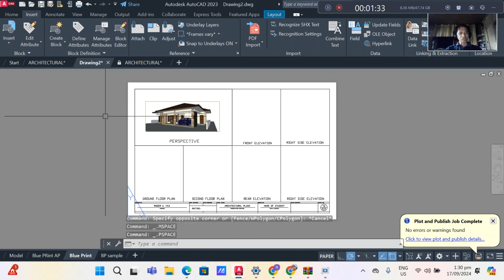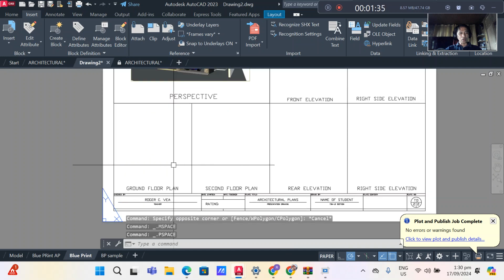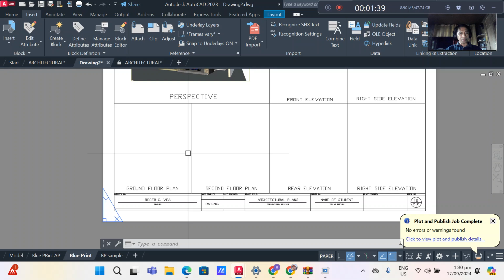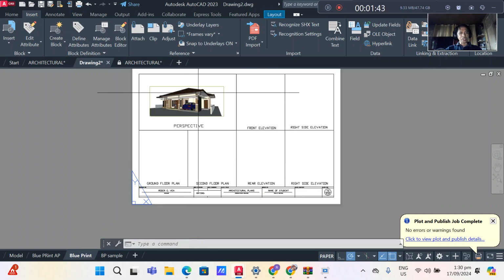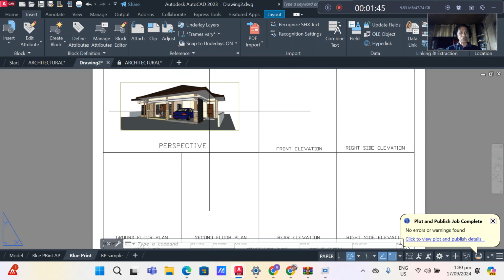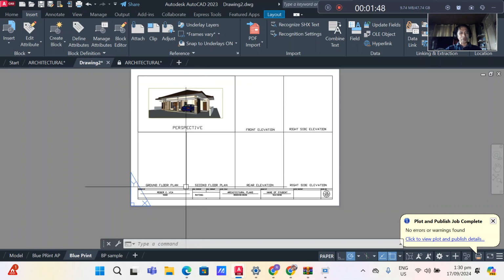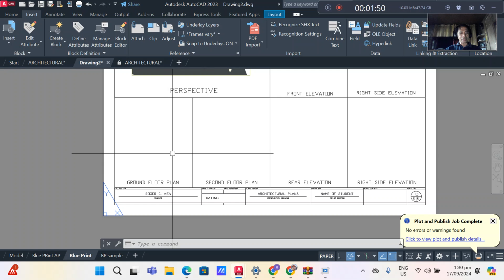Okay, so next I'm going to show you again how to insert the ground plan of your building. Since this is just a one-story building, the ground plan will be used. We will just be using the ground plan.